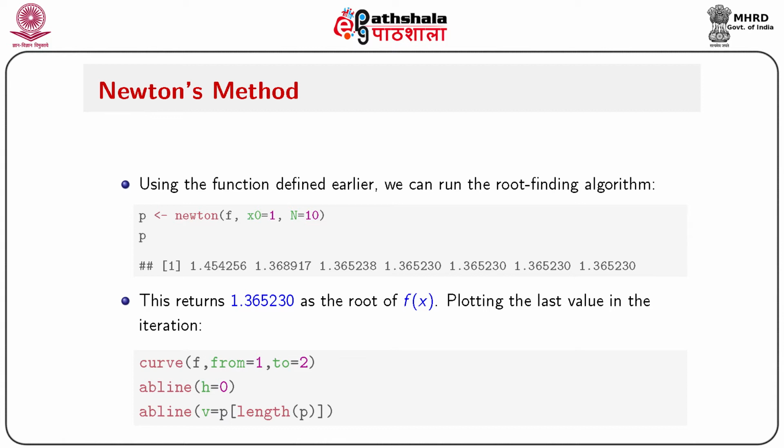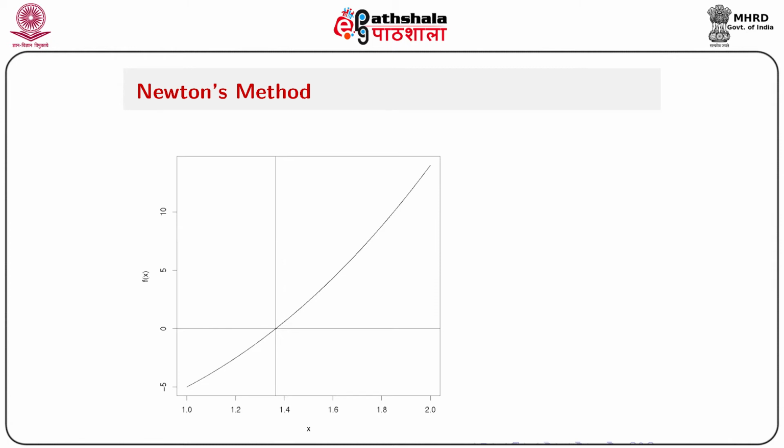You can stop the iteration here and return the value 1.365230 as a root of f(x). Then, plotting the last value in the iteration, say the curve f(x) from 1 to 2 and abline h equals 0 is the earlier plot, and we are adding a new line, abline v, the vertical line v equals p, length of p, and that will give the actual solution. The intersection point between the horizontal zero line and the vertical line at p, the 1.365230 point, will give you the actual solution. So, the abscissa is